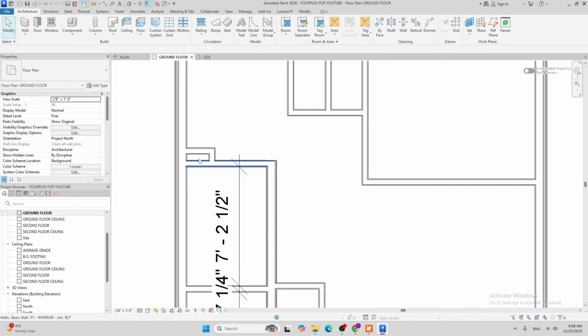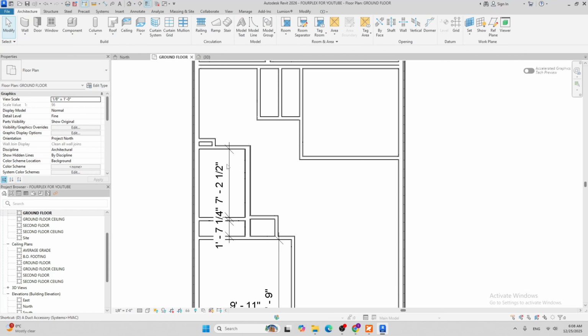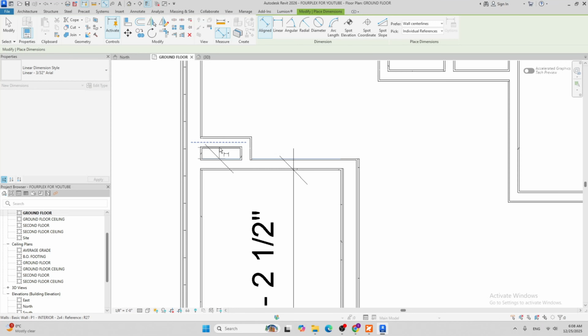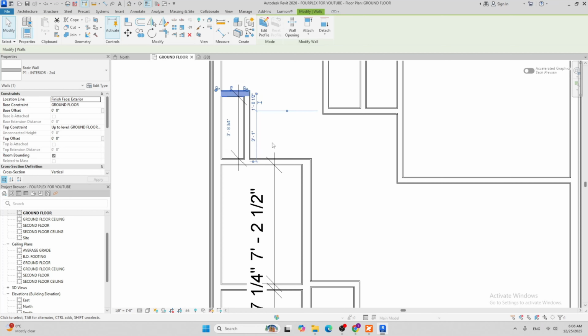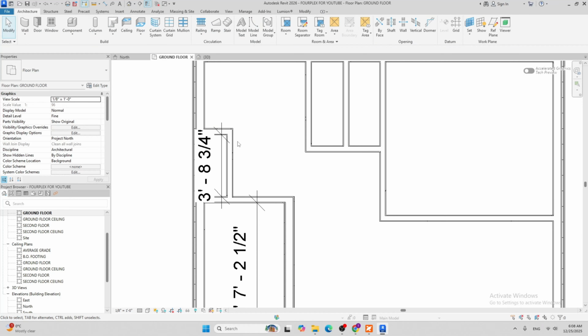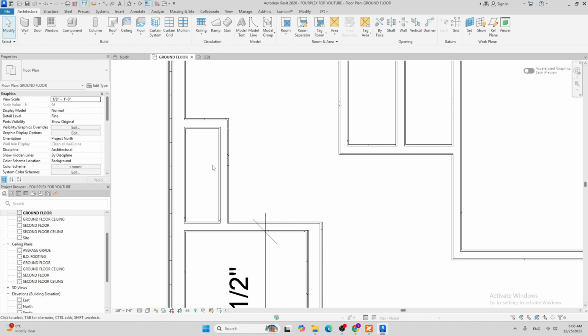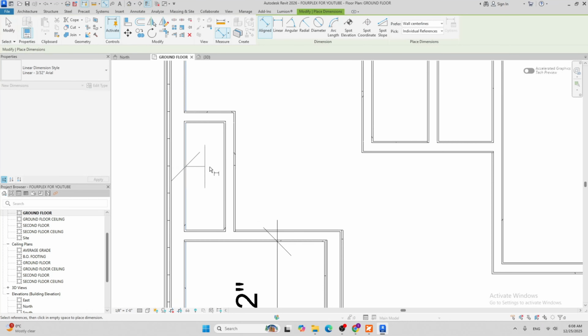Zoom out. And DI again. Escape 2 times, click it. That one should be 3 foot. Click this one, 3 foot, and then space, and then 8, and then 3/4 inches. Enter. And the depth, I didn't dimension the depth of that, but let's assume that it's 2 inches or like